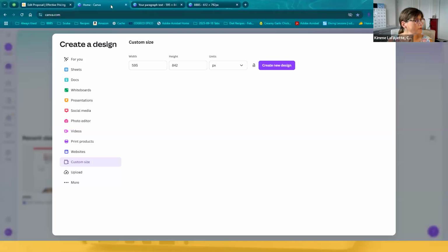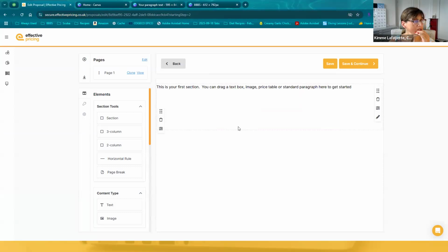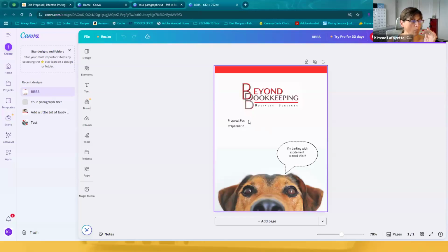When you go back to your image and you have these "proposal for" and "prepared for", when you're doing it in your software, this is where the tweaking comes into play. There's going to be some back and forth, I'm going to be honest, guys, in order to get it lined up properly,